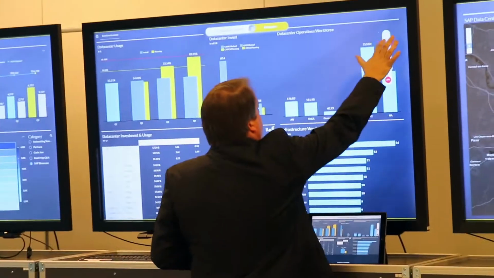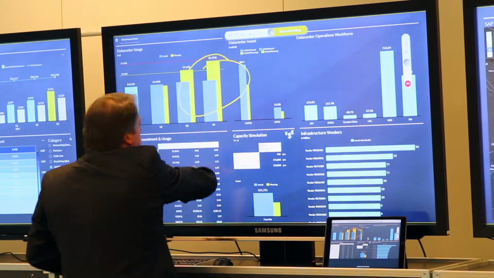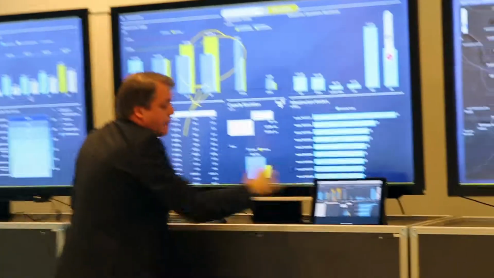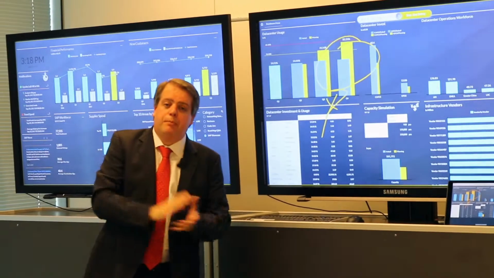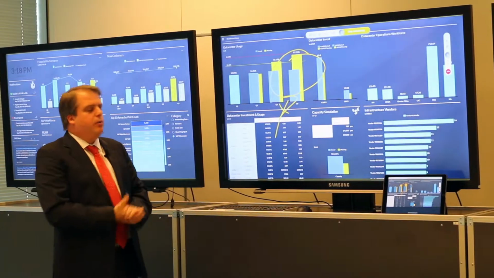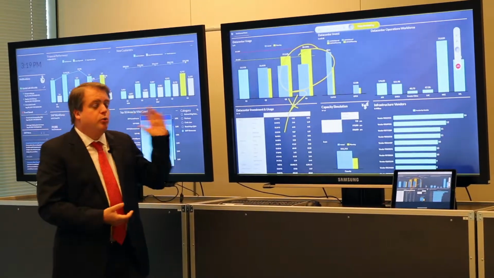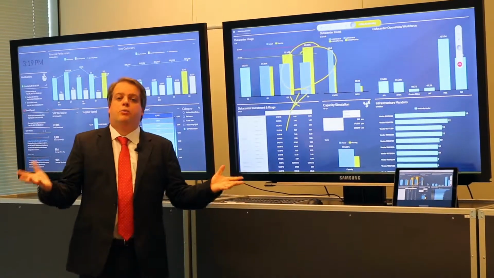I can do, for example, some annotation, and this will be replicated on my iPad. And the person working remotely on an iPad or on a laptop can even control the digital boardroom. He can request presenter rights, and using his iPad or his laptop can control the full digital boardroom to present one of the subjects.